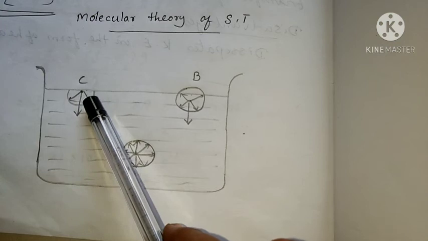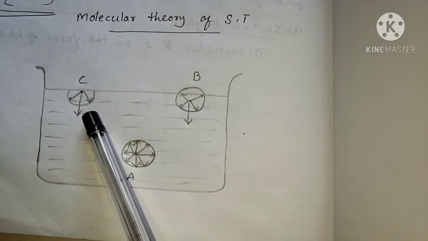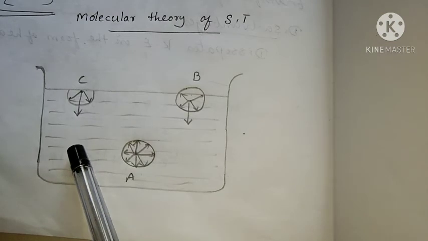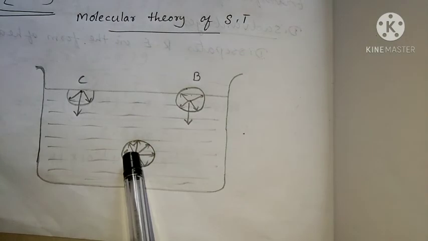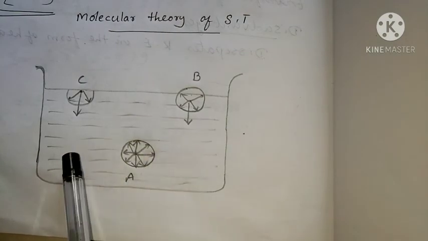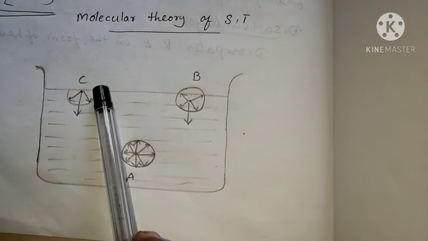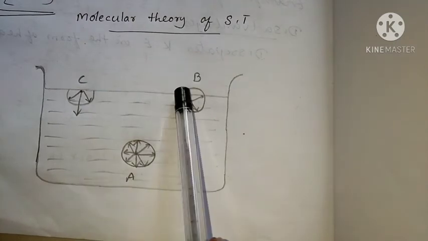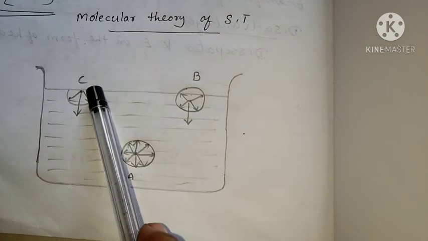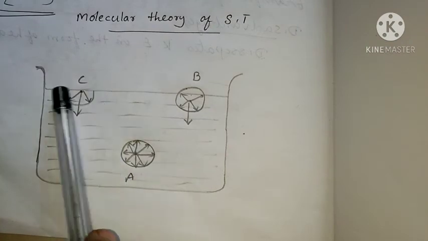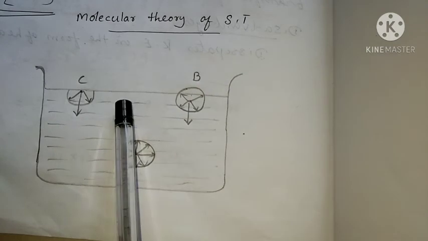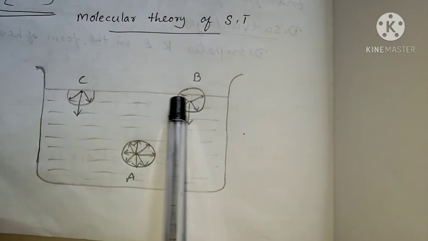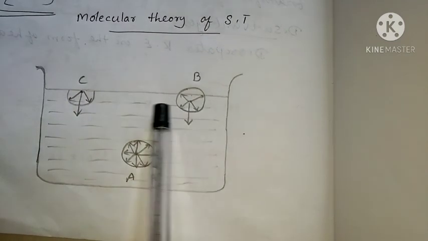Due to this resultant downward force, the molecule has a tendency to come downward, that is, inside the liquid. But because of the nature of the liquid, it tries to pull the molecule in the upward direction. So the liquid is doing some work to pull the molecules upward. This work done is stored in the form of potential energy of the molecule on the liquid surface. As the number of molecules on the liquid surface increases, the potential energy increases.